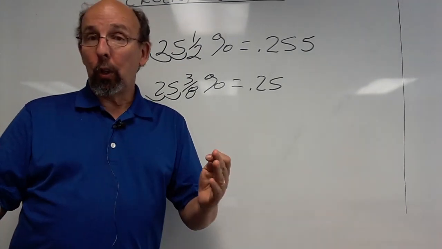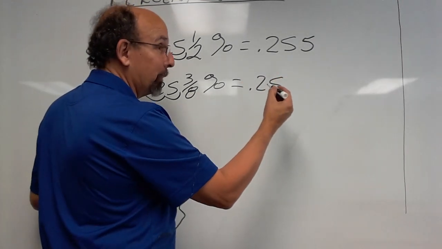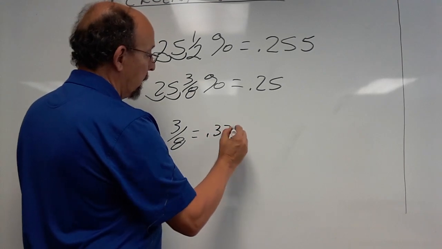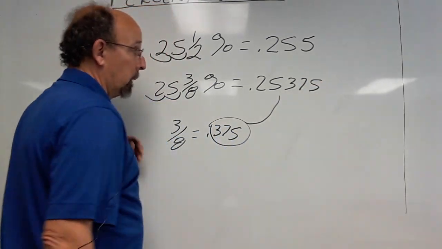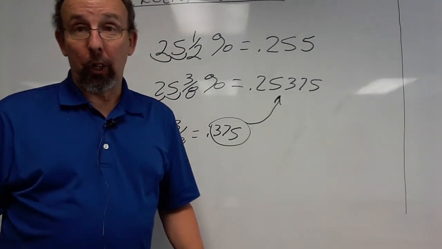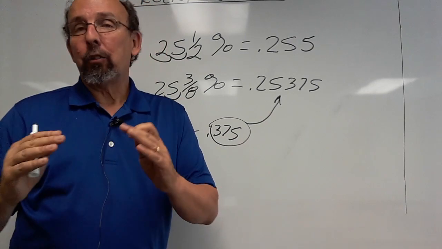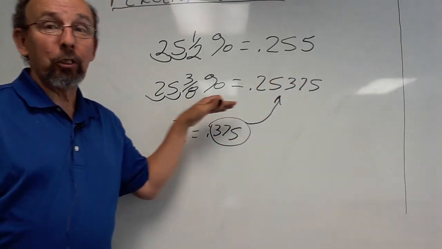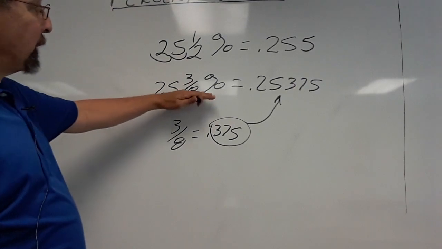If they memorize the chart on page 79, then they know that 3/8 is equal to 0.375. So they just take this number and add it on the end. All right? That's all you got to do. That's the way it's always done. That's one thing about math. There's a way you do it. Now, sometimes there's more than one way to do it correctly, but you can always do it this way and get it right. So 25.375% is